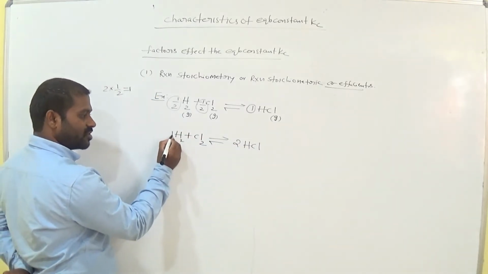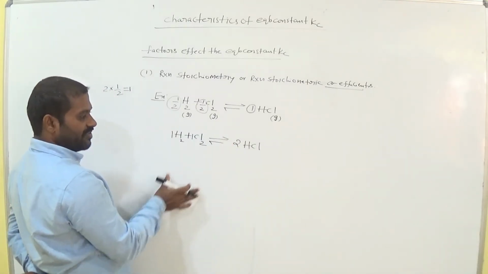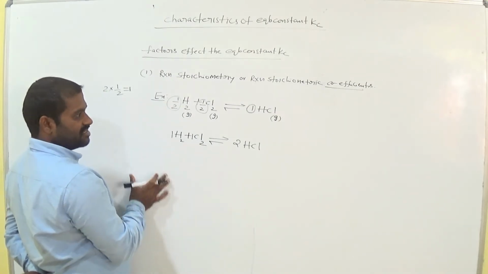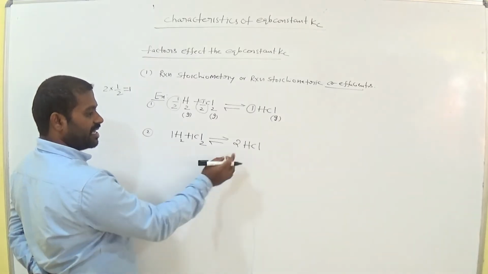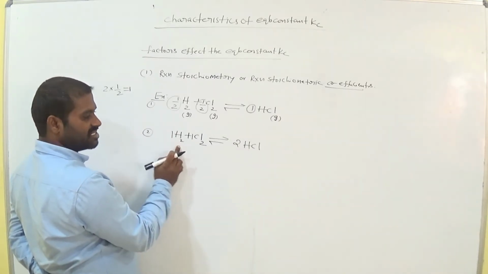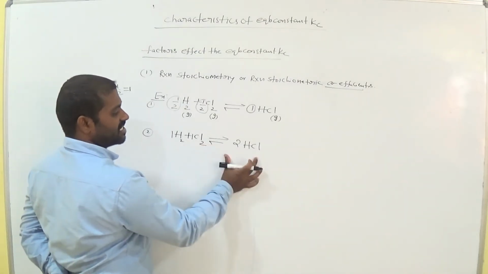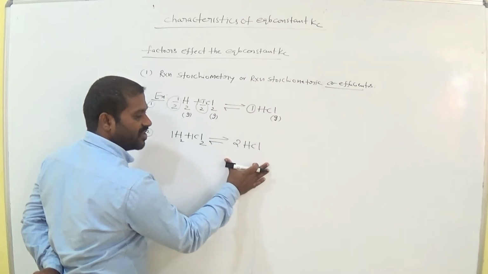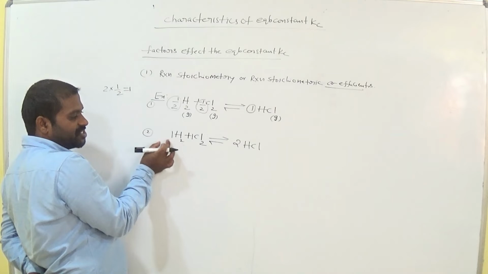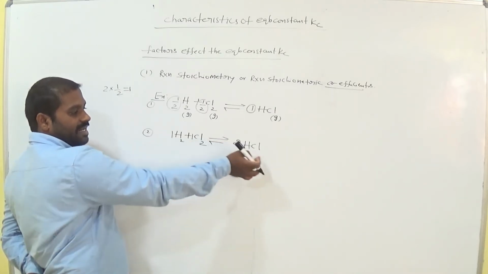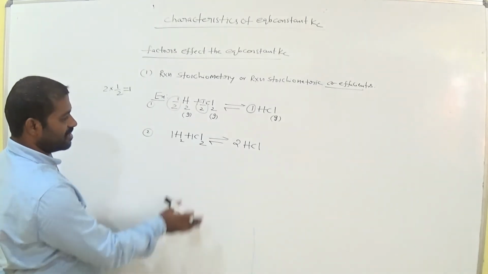So here what is the stoichiometric coefficient? 1 of H2, 1 of Cl2, 2 of HCl. Now is it balanced or not? Balanced. This is equation 1, this is equation 2. Here 2 hydrogens, here also we have 2 hydrogens. Here we have 2 chlorines, here also we have 2 chlorines. Am I right? So it is a balanced chemical equation, it is a stoichiometric equation, and the quotients are 1, 1, 2. That means the number of moles of H2 is 1, Cl2 is 1, HCl is 2. Understood up to here? Very good. Next.